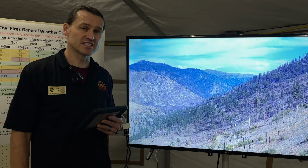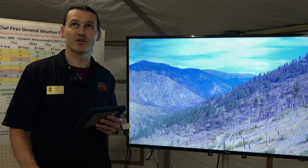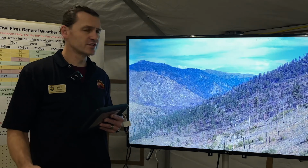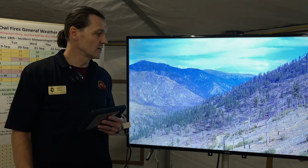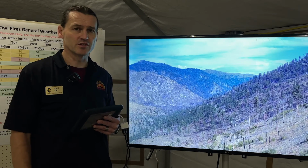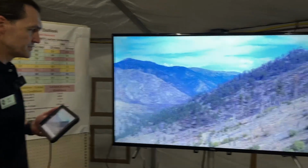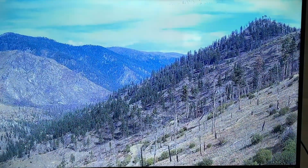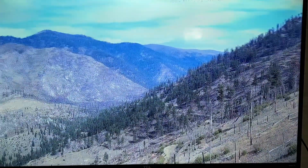The Owl Fire is at 747 acres and about 50% contained. I think it's 53. So we're going to show you some footage we got yesterday of the Owl Fire and kind of show you what that looks like. We flew it with our drone. You can see a little bit of, this is the actual fire edge, the black edge. So let's push play, and